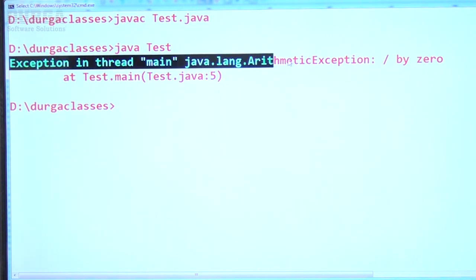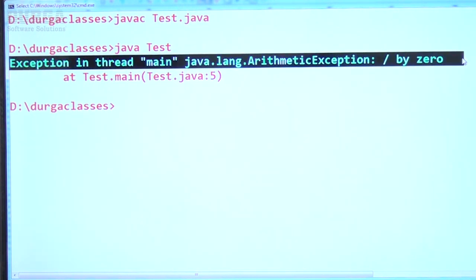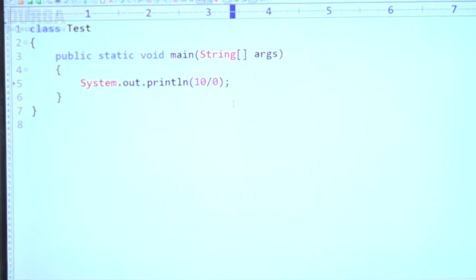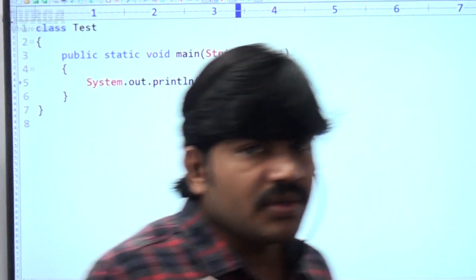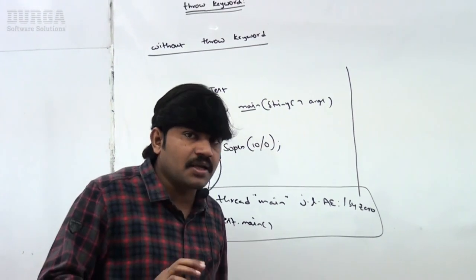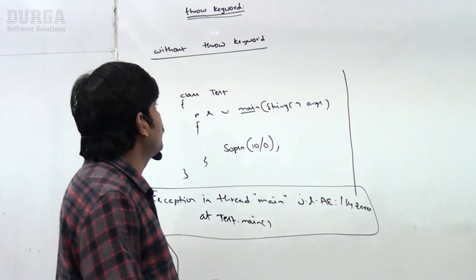Exception in thread main java.lang.ArithmeticException: division by zero at Test.main. This is what we are going to get, sir. That's how everything happens internally. But now I want to do the same thing explicitly. How can you do that, sir?